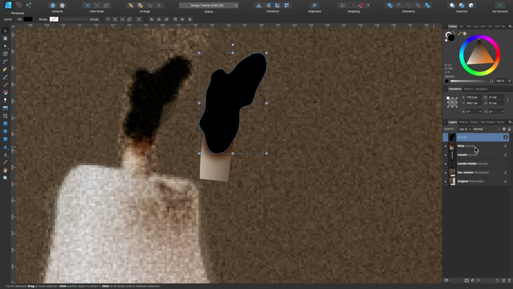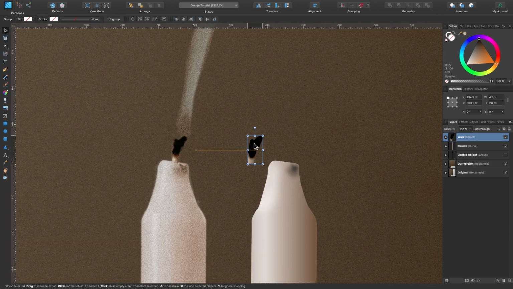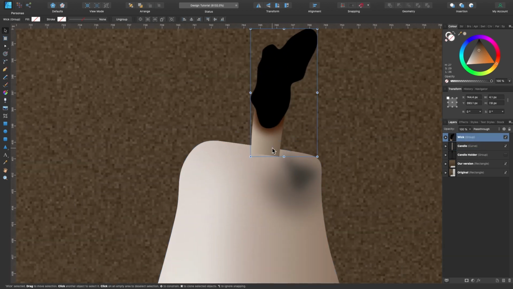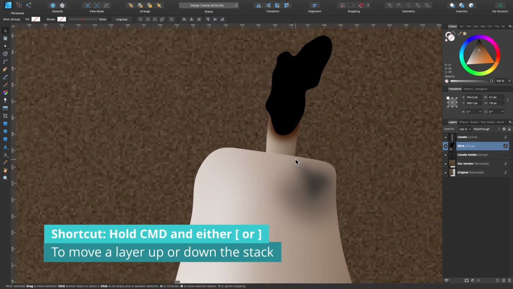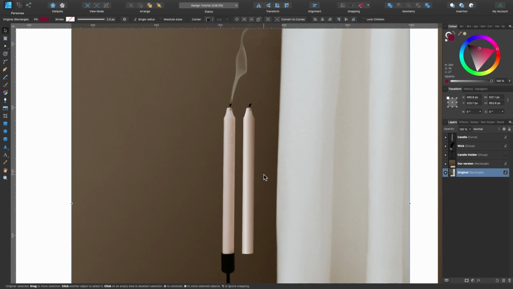So I'm going to select both of them and put them in a group, Command G, and I'll just call the whole thing wick. Okay, let's click and drag across whilst holding Shift, and it's about there, isn't it? And I'll make that behind the candle, because if I zoom in, you can see it's overlaid there, and you can see the candle is underneath. So I'm going to click and drag that underneath so it kind of hides. So if we zoom out, you can see it looks very similar now.